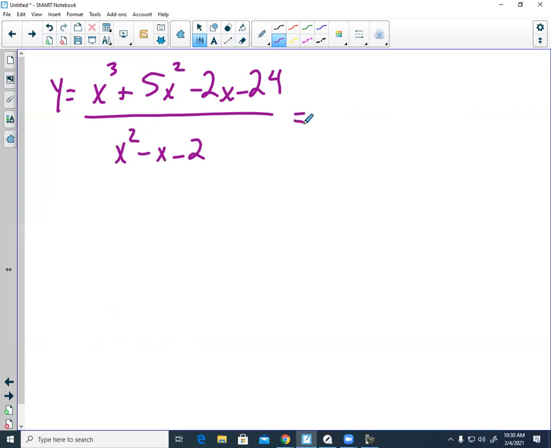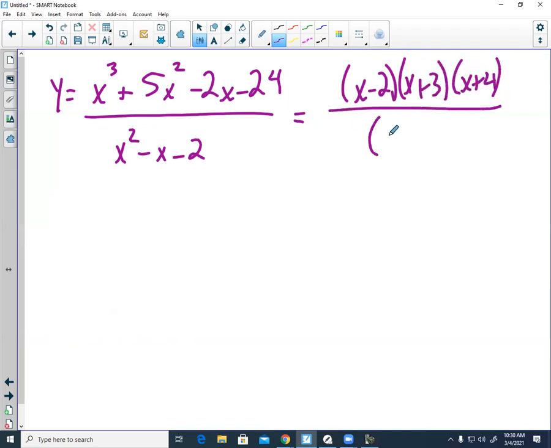And the factored form of that is shown here. Try to find all of the critical values of these things, which means holes, vertical asymptotes, horizontal asymptotes, diagonal